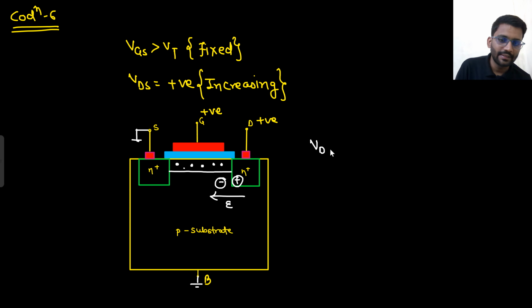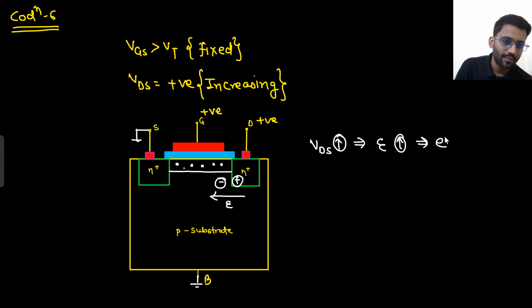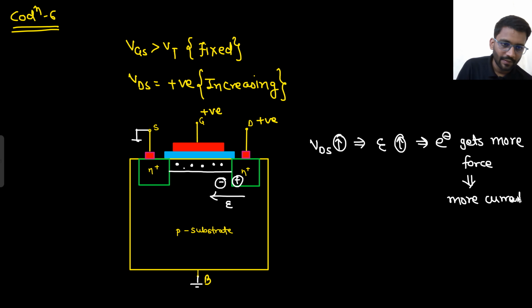What will happen? If VDS is increasing, then depletion width increases. Instead of that, I should directly write electric field. E field will increase. If E field increases, that means electron gets more force. If electron gets more force, that means there will be more current. But at some value of VDS,